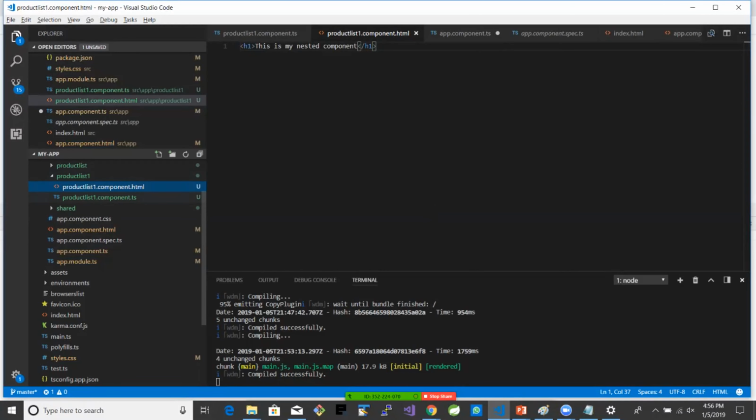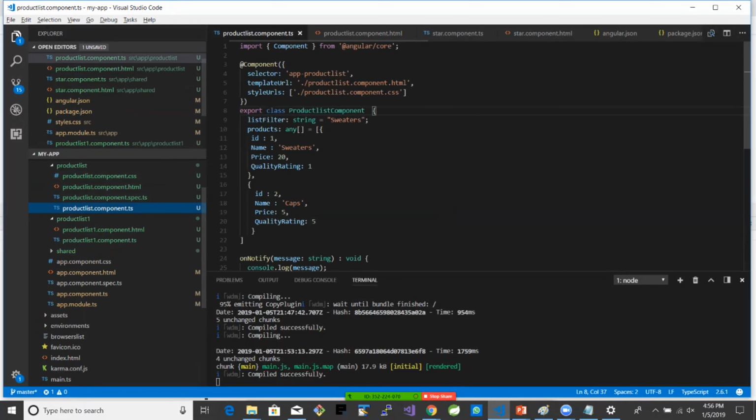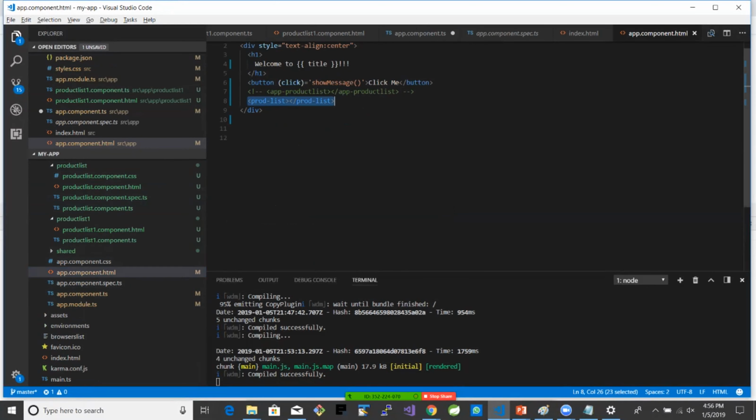So let's say I have another component defined here. This is called app prod list. So what I'm going to do is take this, go to my parent, and I'm going to say